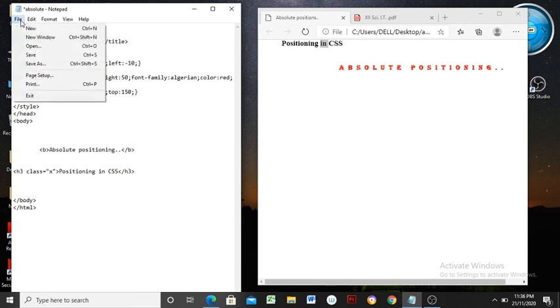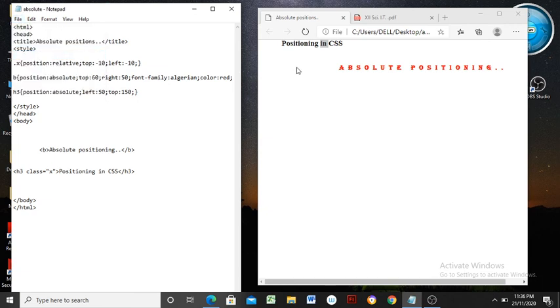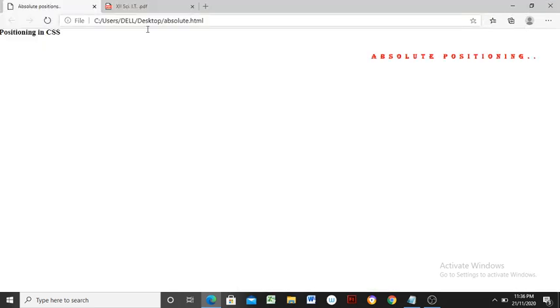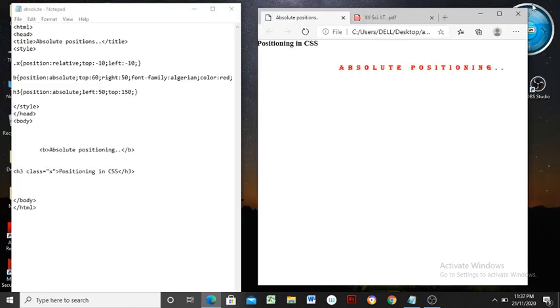Save this again, refresh here, it will be moved to left. Yes, it is moved. Are you getting what I mean? Here it fitted cut to cut at the left hand side border of the browser's window itself. So these are the effects through relative positioning as well as absolute positioning.